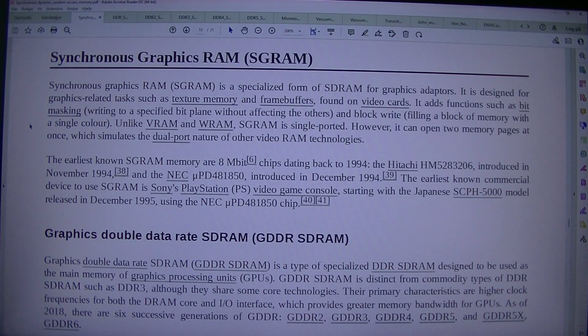Unlike VRAM and WRAM, SGRAM is single-ported. However, it can open two memory pages at once, which simulates the dual-port nature of other video RAM technologies. The earliest known SGRAM memory are 8 Mbit chips dating back to 1994, the Hitachi